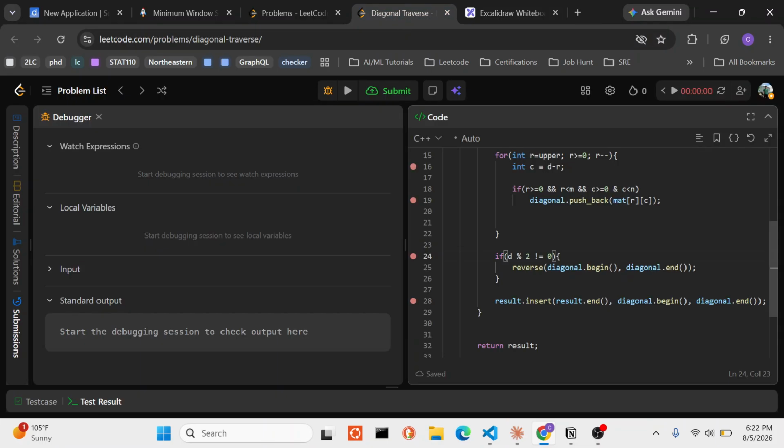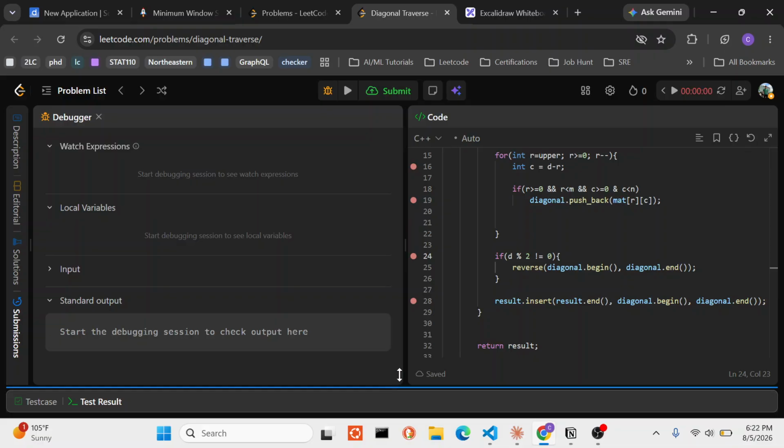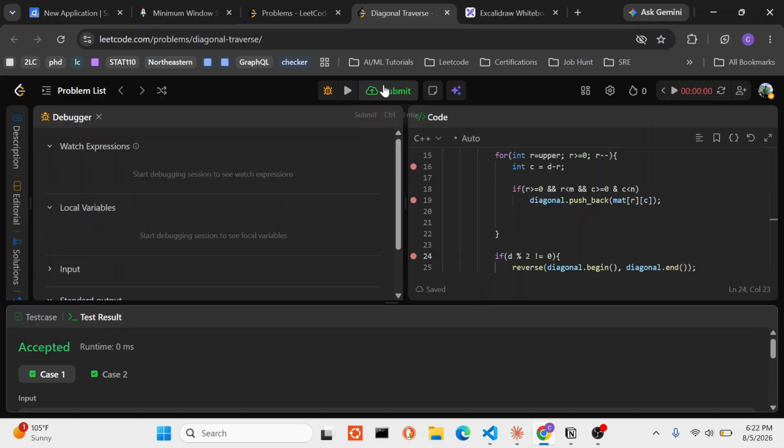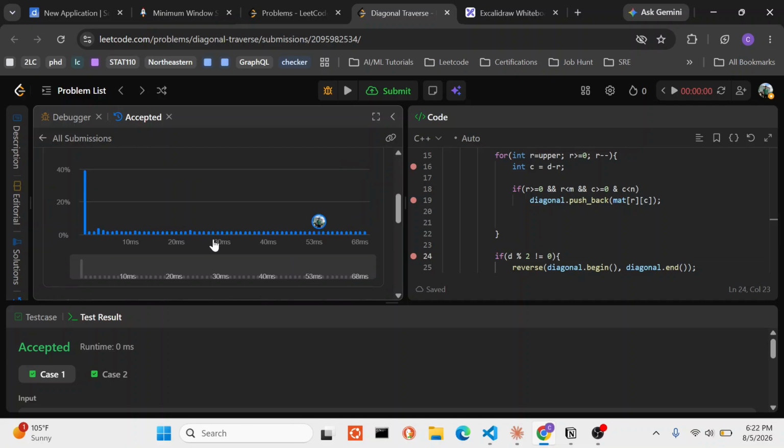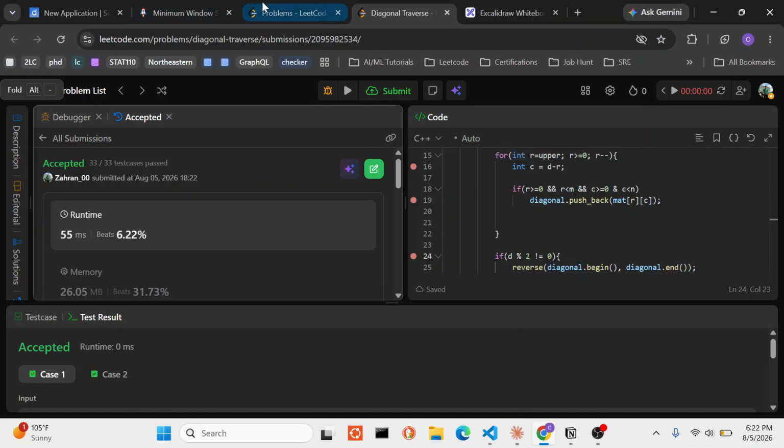If it's odd, then reverse it. And yeah, let's see. Okay, yep, should be good. But yeah, see, it's horrible. That was what I was trying to fix. So let's try